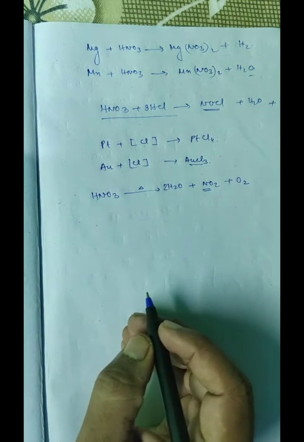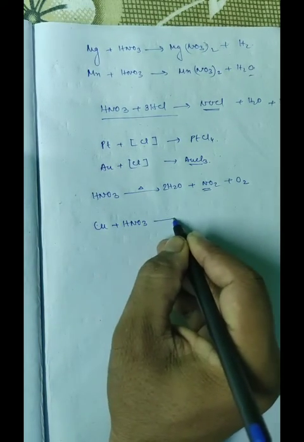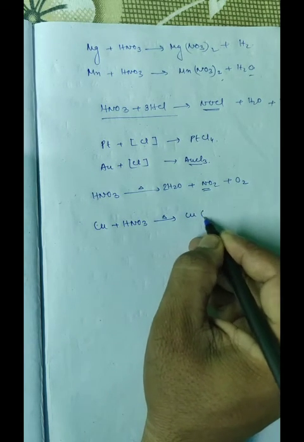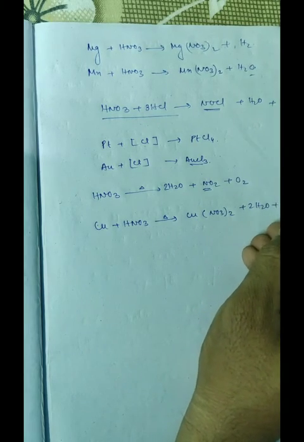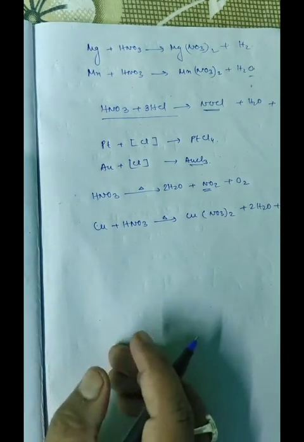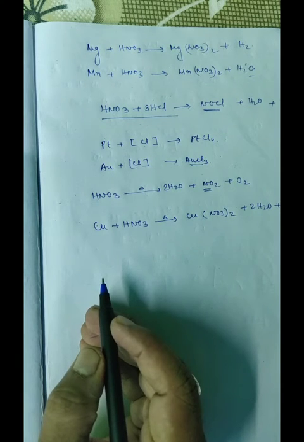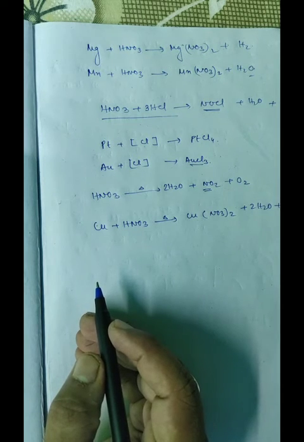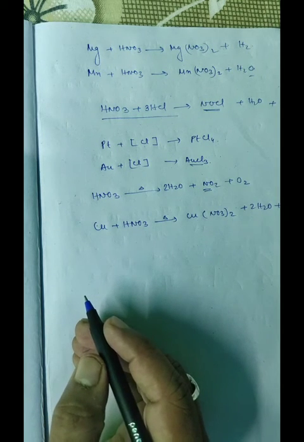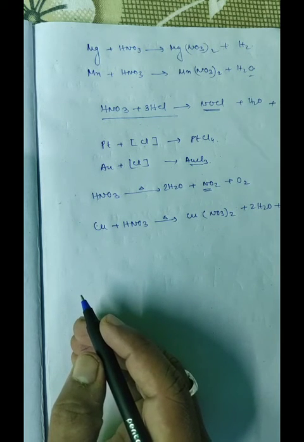On adding copper to nitric acid or acidified nitrate, that is when Cu is added to nitric acid being heated, this is your copper nitrate plus water plus nitrogen dioxide. Now brown ring test. To the aqueous solution of nitrate or nitric acid, add freshly prepared solution of iron 2 sulfate. Now add concentrated sulfuric acid carefully from the side of the test tube so that it should not fall dropwise in the test tube. Cool the test tube with water. A brown ring appears at the junction of the two liquids.